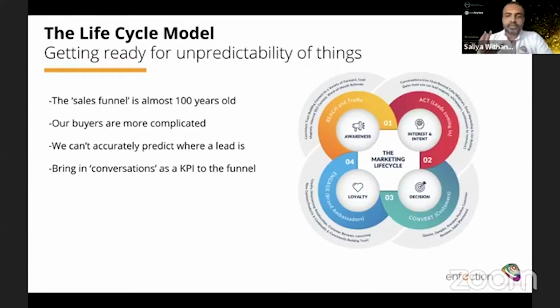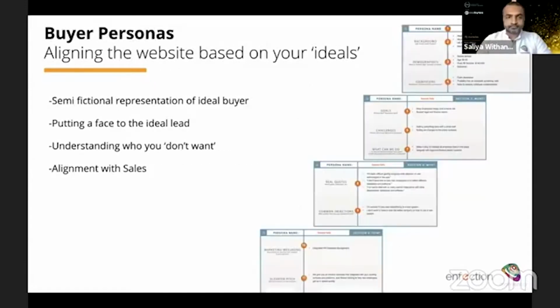So you have your typical awareness, interest, decision, and then at the bottom where you have the loyalty side. But you need to treat this not as a funnel, but more as a life cycle where you need to understand who your ideal customers are, what is the life cycle they want to spend. Obviously, you have Google Analytics to help you out. But if you're starting from scratch, you won't have data. So where do you start? So that's why you need to make some assumptions, look at some external data, figure out how you are going to align your KPIs, your objectives, or your funnel to your website.